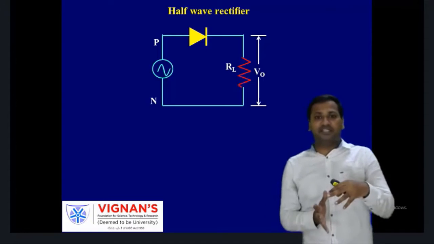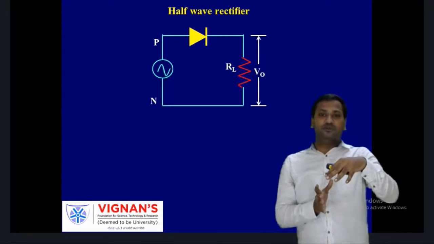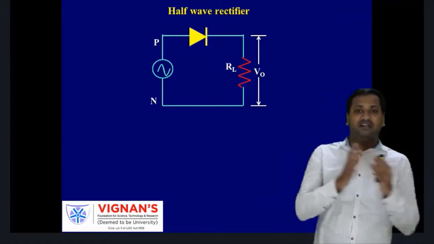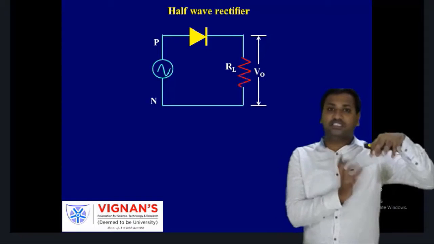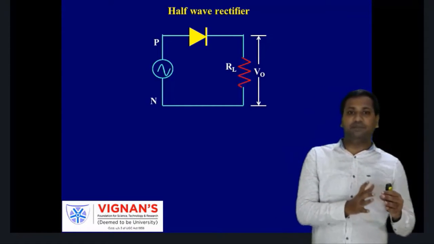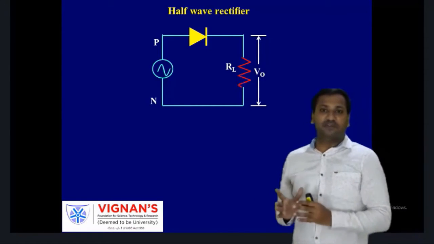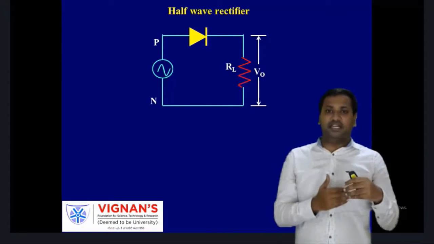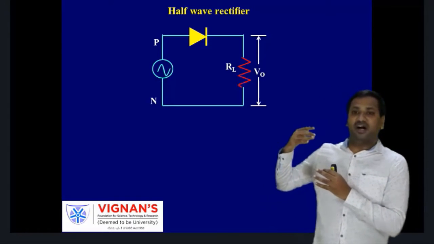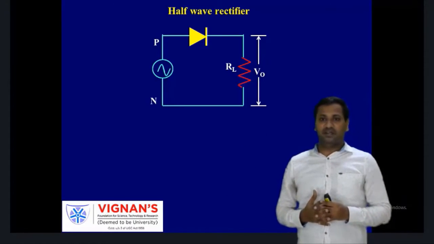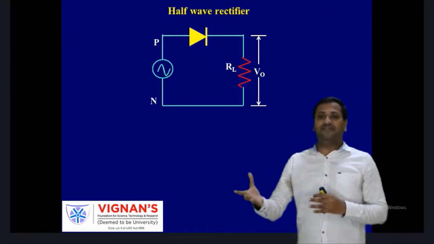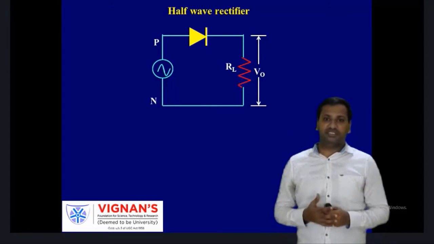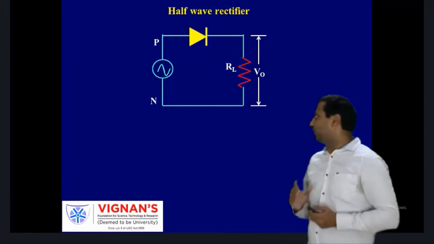Okay. So this whole operation will be divided into two halves. They are the positive half cycle part and the negative half cycle part. How will the circuit work in the positive half cycle part and how will the circuit operate in the negative half cycle part? By considering both into account separately, we will find out the output of this half wave rectifier. Once we find the output of this rectifier, we will be able to find out the efficiency of the rectifier, and how much. Okay. So first consider a positive half cycle.